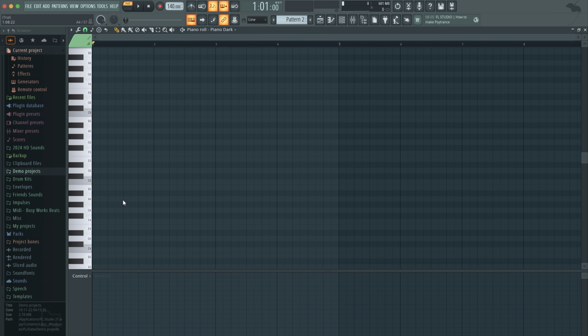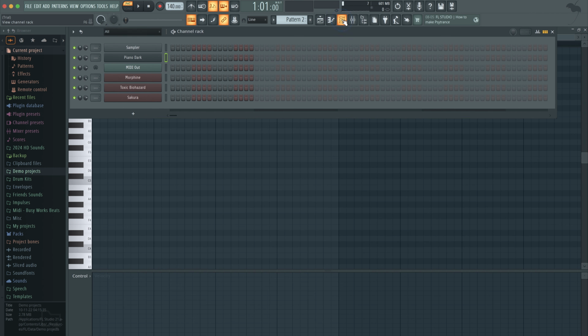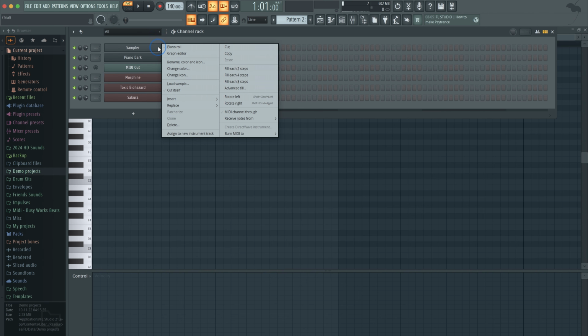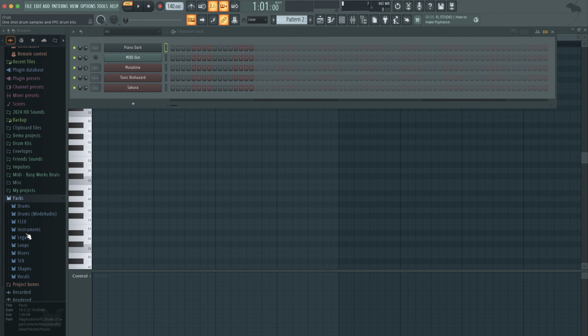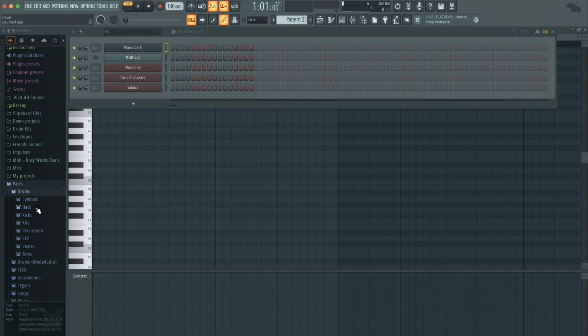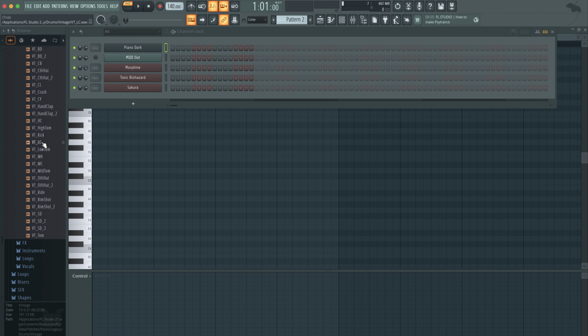Okay, so that's the piano roll music theory that you need to know. The channel rack, again guys, I'm trying not to bore you to tears with too much information. I'm just going to give you the basics here. So in the next video, I'll go through the process of making a beat though. Okay, so over here, let's pull up some legacy drums real quick. And let's see what we got here. Kick drum. Okay, so let's say we want to make a beat.